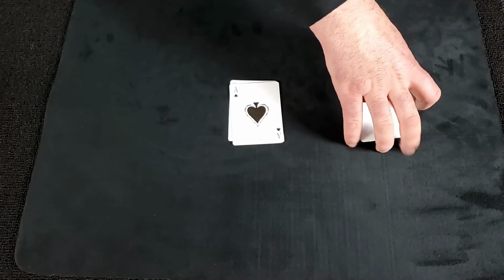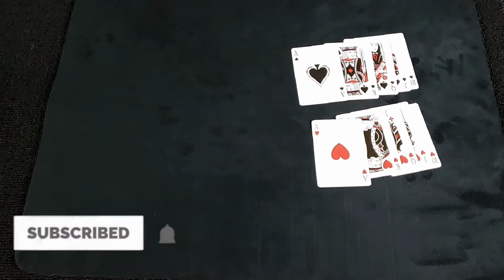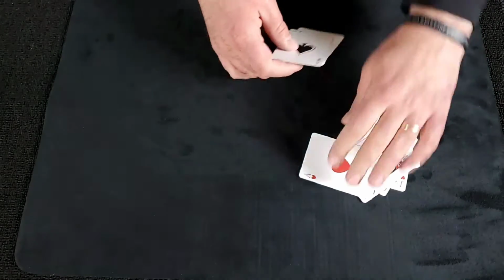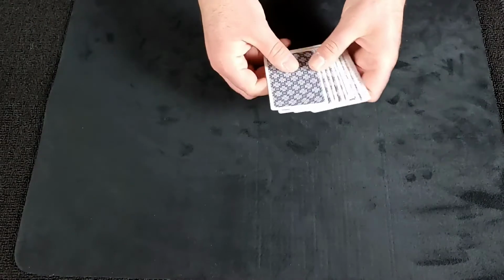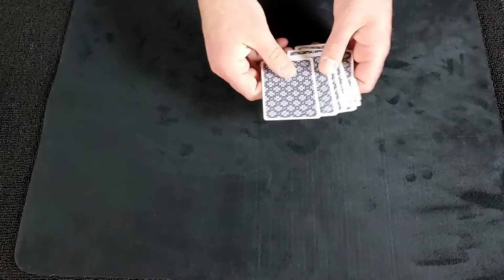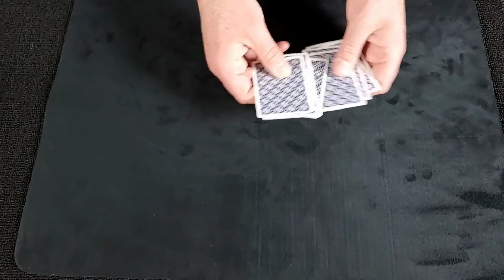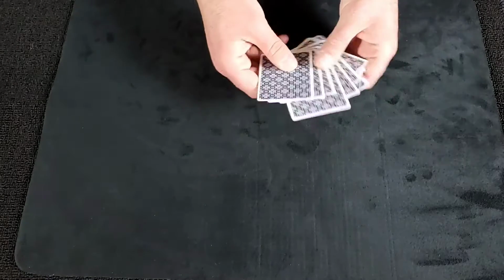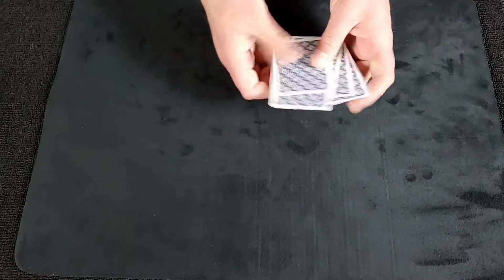Okay, for this trick we'll be using 5 red cards, 10 through Ace of Hearts, and 5 black cards, 10 through Ace of Spades. Alright, we'll go ahead and take the black cards, put them right on top of the red cards, and we can hand them to the spectator, and they can go ahead and mix them up as much as they want by just taking as many cards as they want off the top. Okay, or they can take cards from the bottom. They can just mix it up as much as they want until they feel that it's thoroughly mixed